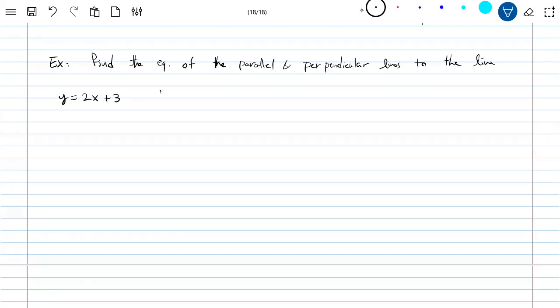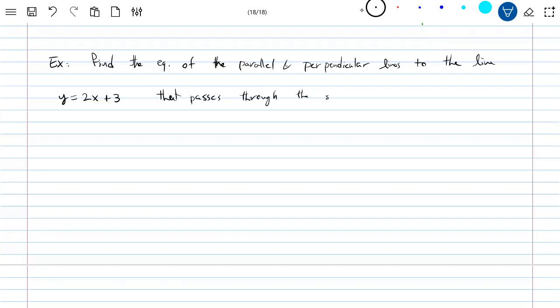Let's do a general example. Find the equation of the parallel and perpendicular lines to the line y equals 2x plus 3, and it passes through